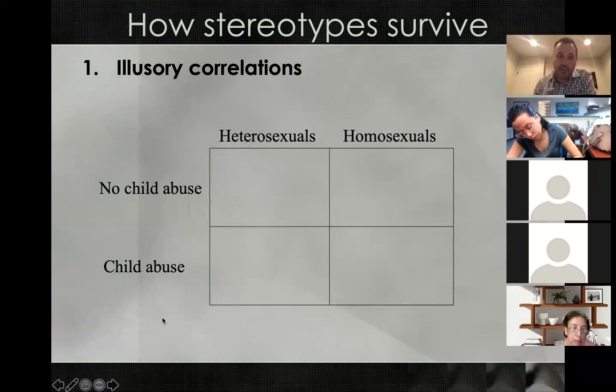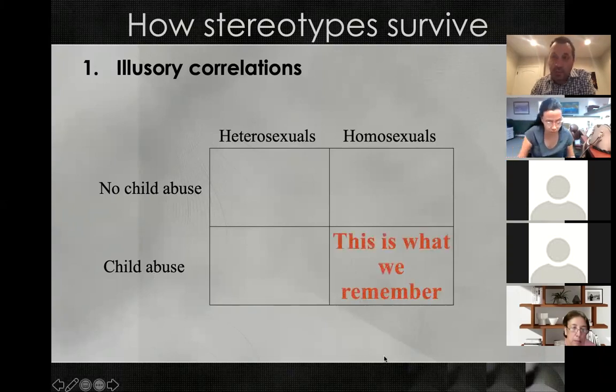And furthermore, because child abuse is obviously a negative behavior and negative behaviors are distinctive, we tend to remember if we hear about a person committing child abuse. And so what that means is what we tend to remember the most are instances where people in the minority, in this case, homosexuals, commit child abuse. That's what we tend to remember the most. And we don't tend to remember those instances as well when heterosexuals commit child abuse or when homosexuals don't commit